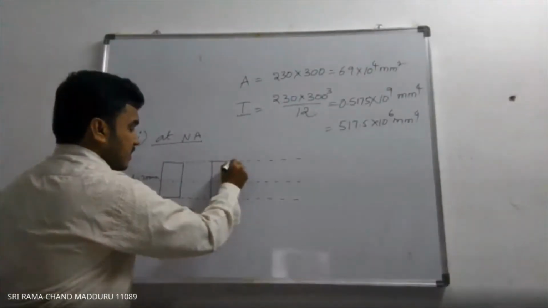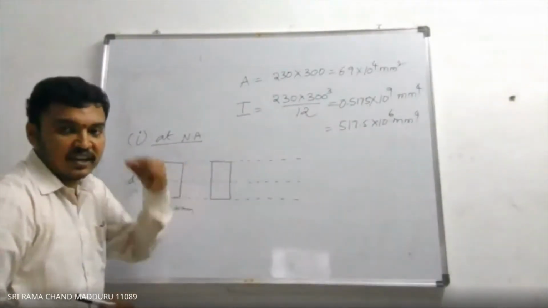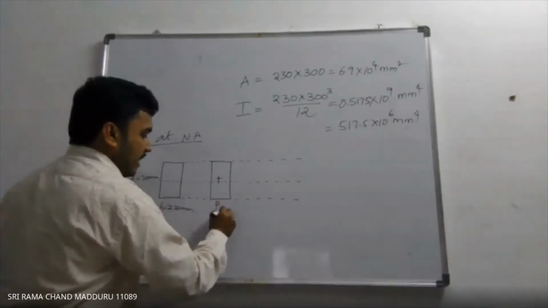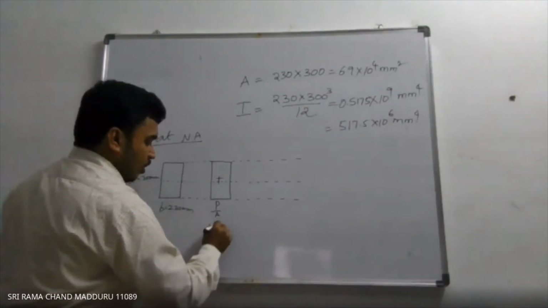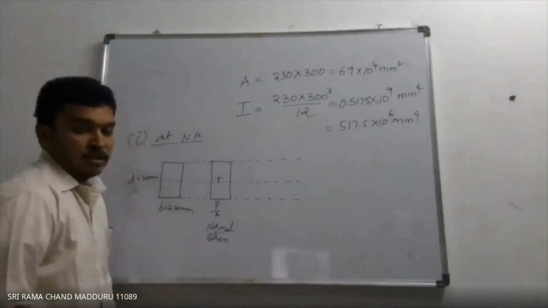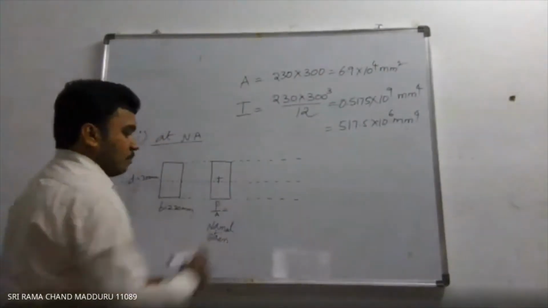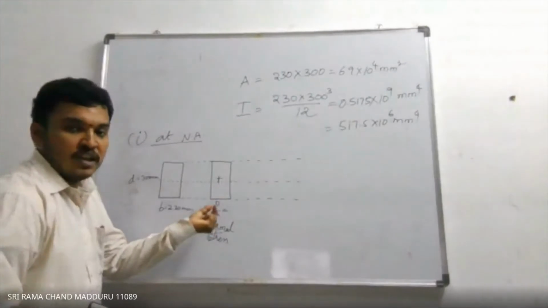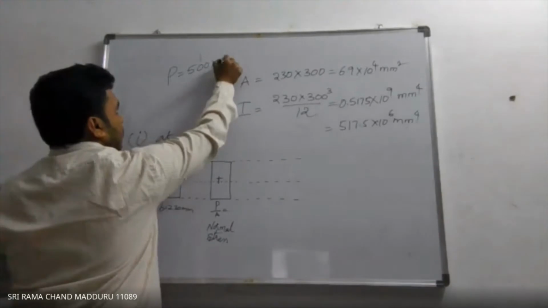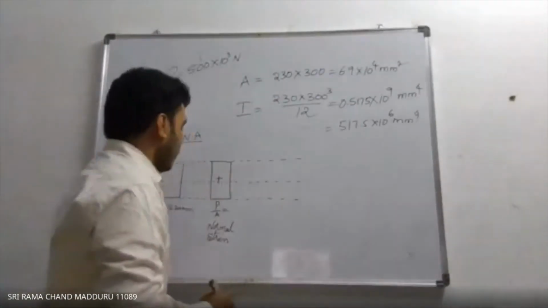So when the pre-stressing, you have already understood the case 1 condition. So this is a plus. So what is this value? P by A. And this one is nothing but normal stress. So normal stress is equal to plus P by A. So what is this P value? Pre-stressing force value is given in the question, which is 500 into 10 power 3 newtons. I am converting in terms of newtons. So 500 into 10 cube.